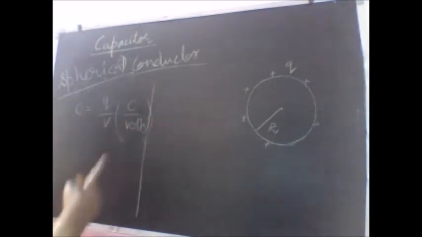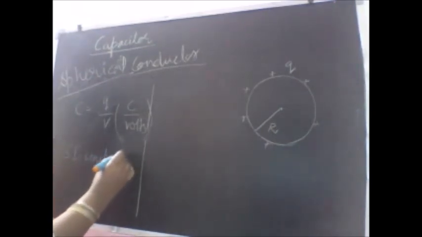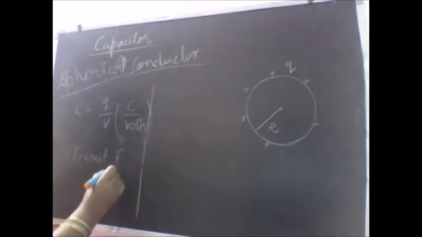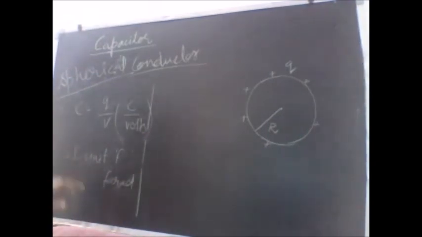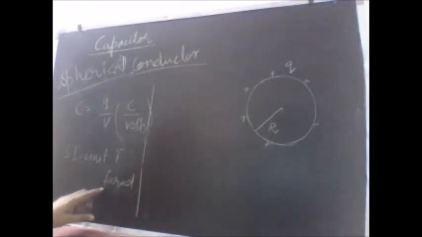So the SI unit becomes coulombs per volt, or there is a very simple unit also for this. The SI unit you can write down as farad, denoted by capital F. Because it is a scientist's name, the first letter should be a small letter in case I am writing the complete name, and in case I am just writing the first letter, it should be written with capital F. So the SI unit is farad.